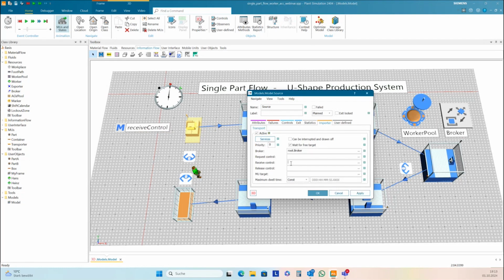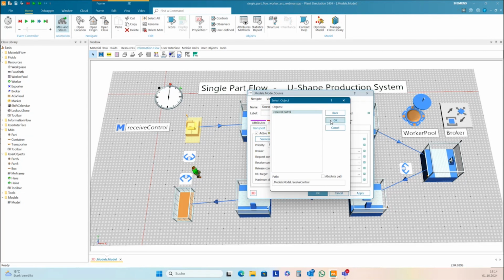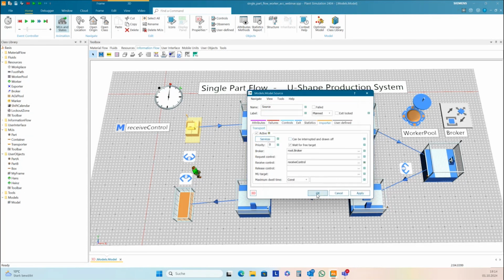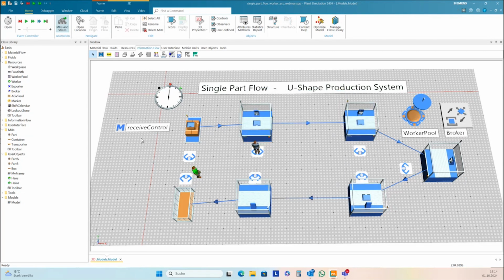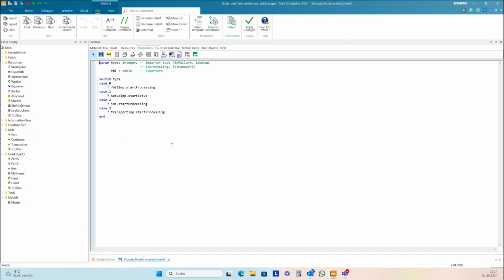Here, receive control. Then Plant Simulation will format this control already.